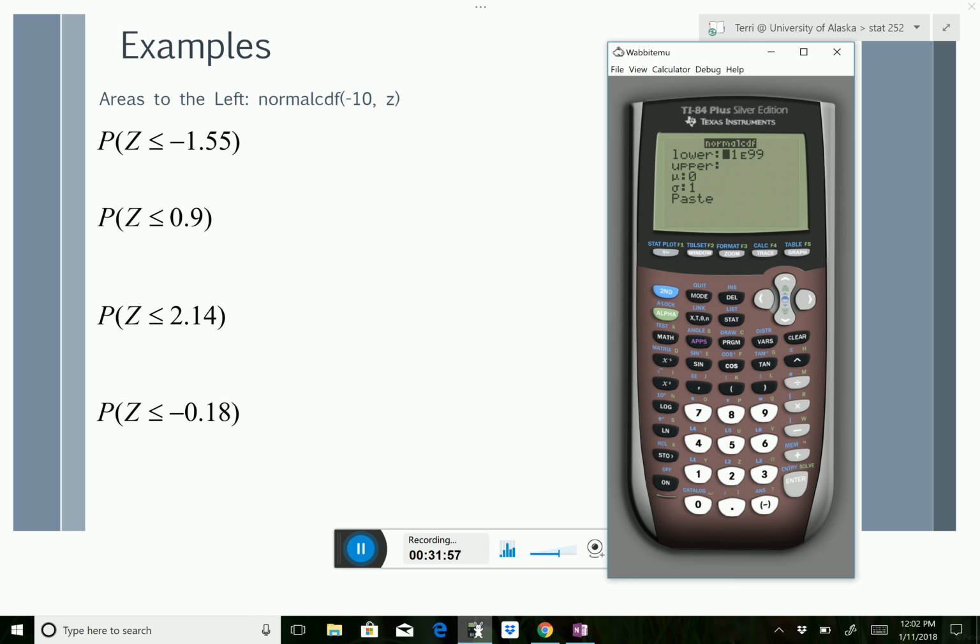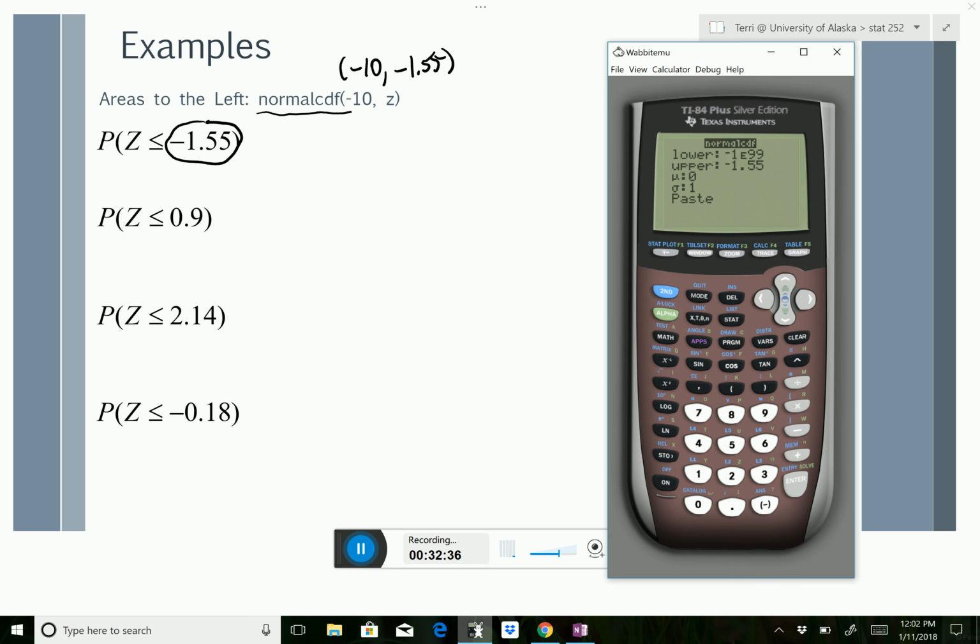Those of you who do not come up with a menu, you're going to come up with something that just says normalcdf with a parenthesis. So you're actually just going to plug in. We're just going to do the same thing. Notice it's giving me -1E99. That means it's -1 with 99 zeros behind it. Is that less than -10? Yes. I don't even need to change that. So I'm going to go down. If you just have this, you can go ahead and type in -10. And then you plug in the number that you're talking about, -1.55. So our upper is